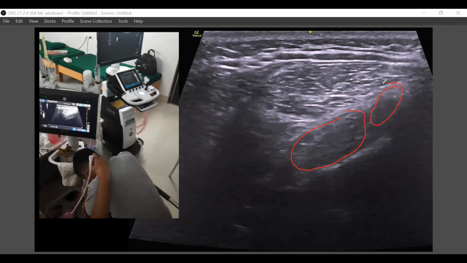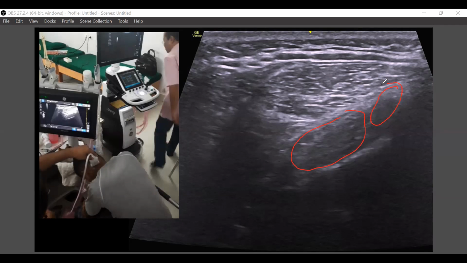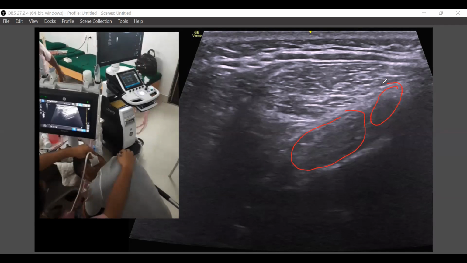But at this angle, if I'm holding the probe like this, I'm seeing it in a short axis, cross section. And when I'm tilting the probe like this, I can see the obliquus capitis inferior in the long axis. But at this point, I cannot see the rectus capitis posterior major. But if I am tilting like this, then I can see the rectus capitis posterior, because this part I have